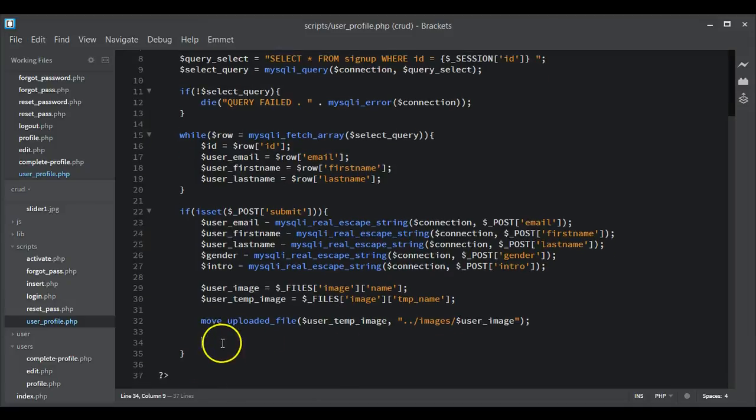So right now, what we want to do is insert the data that we have here into the database. But before we do that, we need to perform a check to make sure that the users are not submitting an empty form. So we'll say if empty,